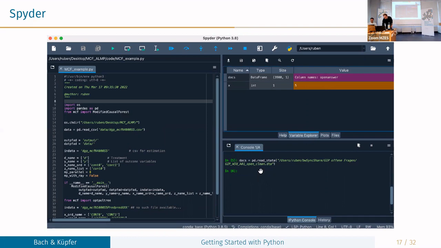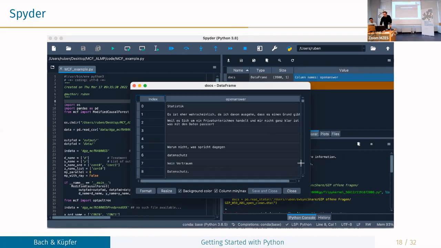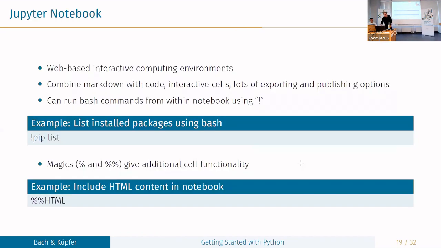Here, for example, I just read some data file, and then I just had a look at it. Okay. So Spyder and PyCharm are more or less solutions similar to RStudio.